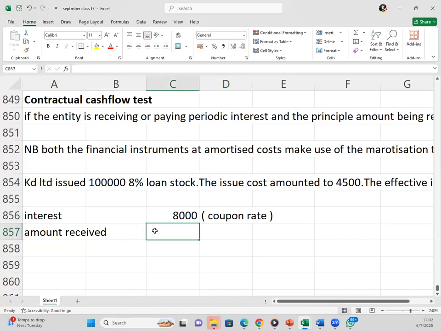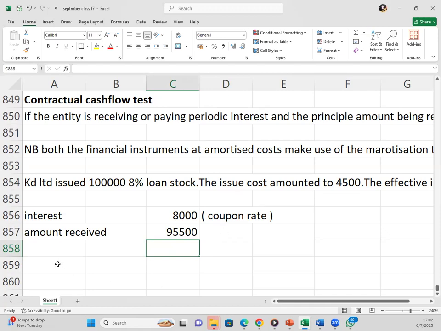Then the amount we are going to receive is 100,000, but we are going to pay transaction costs of 4,500. In our loan amortization table, we are going to start with 95,500. What am I talking about? If you have recognized that we are going to be paying interest, and at the end of the 5 years we'll repay the initial amount,